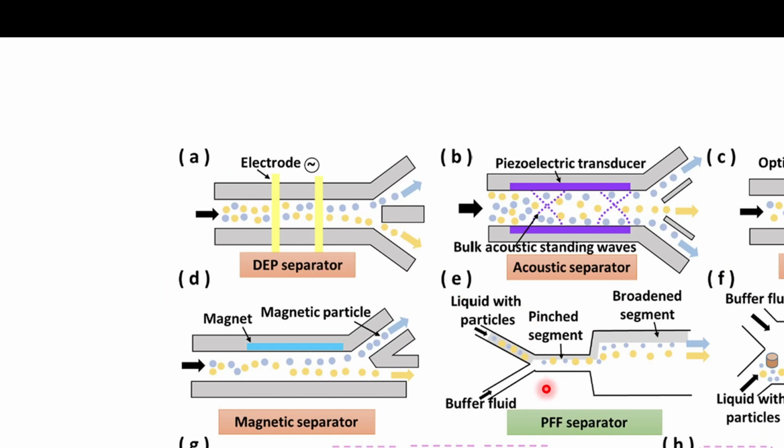then there will be separators, different kinds of separators. Here it is like an electrode, where we are using the bias. Piezoelectric again, we are using acoustic waves. Optical tweezers, it will bind, some chemical reaction will happen, and based on that it will separate the two fluid mixture. And the magnetic separator: based on the magnetic property, one will be separated. And here expansion is happening, so it can also be separated using this pinch segment and broaden segment. Okay, clear cut separator,